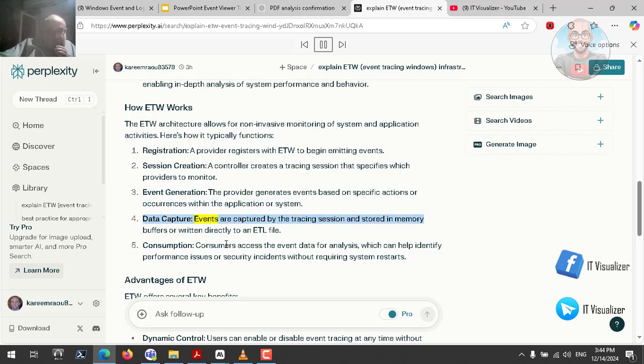Data capture. Events are captured by the tracing session and stored in memory buffers or written directly to an ETL file. Consumption. Consumers access the event data for analysis, which can help identify performance issues or security incidents without requiring system